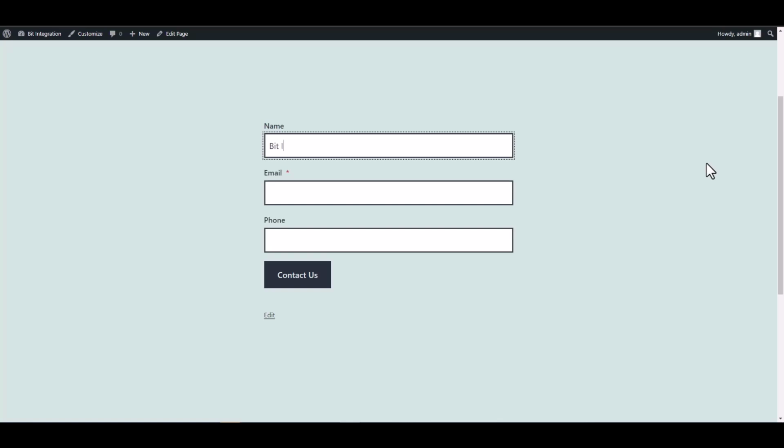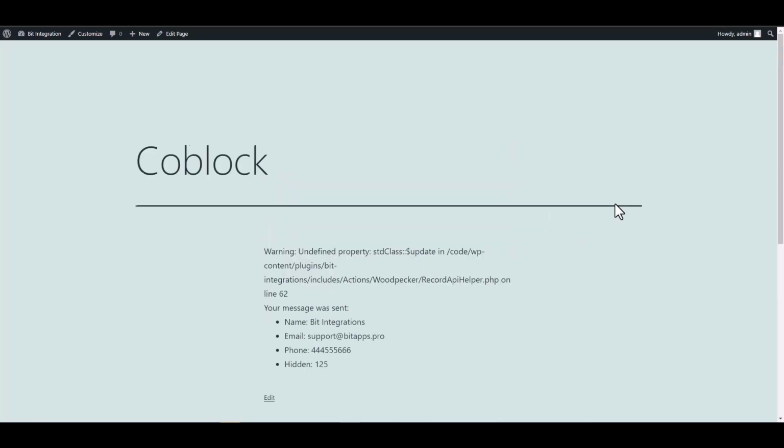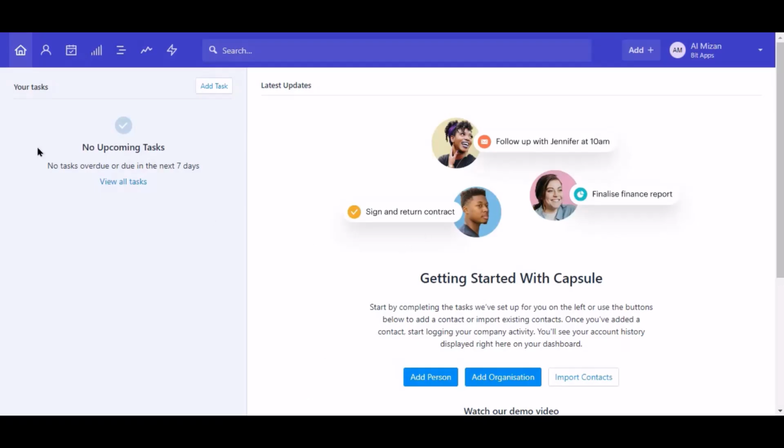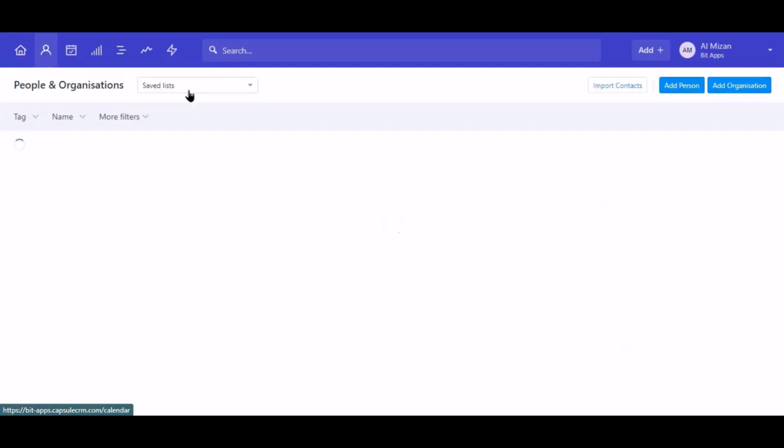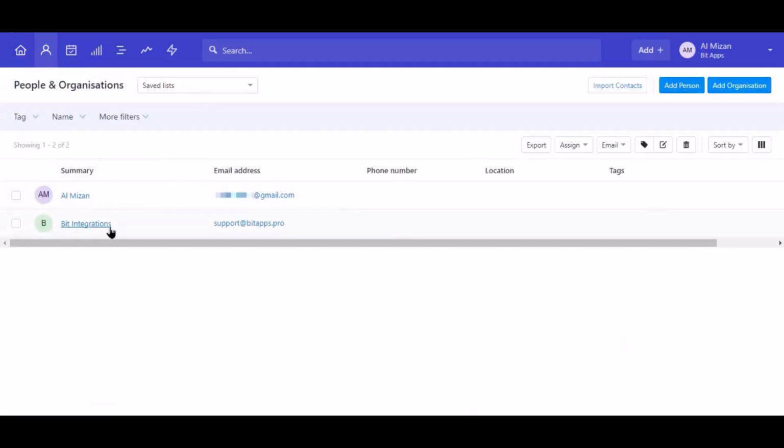Let's submit a form. Submit it. Now go to Capsule CRM Dashboard and click People and Organization. Here's the data that came into Capsule CRM through the